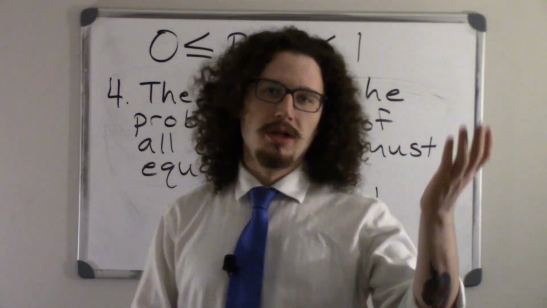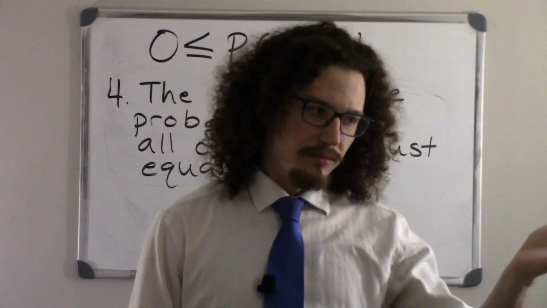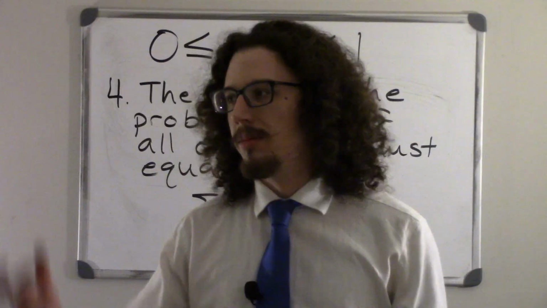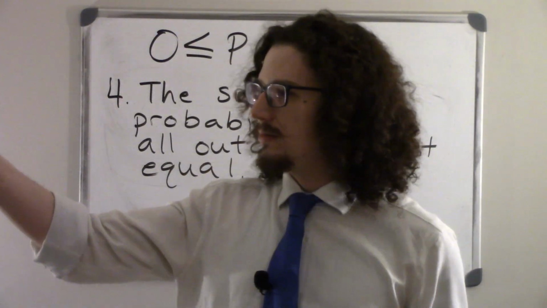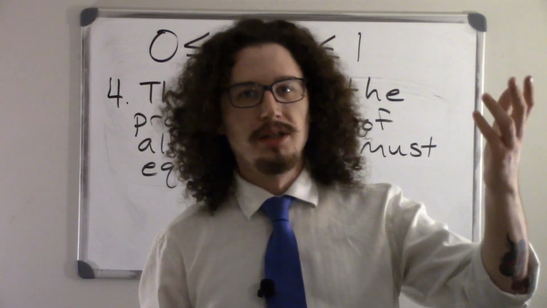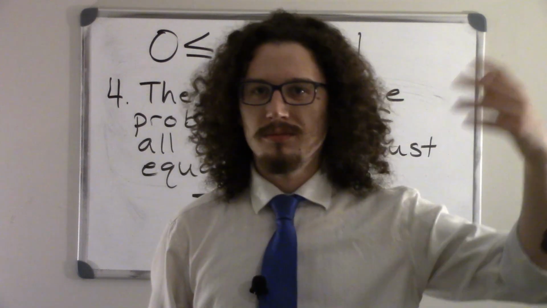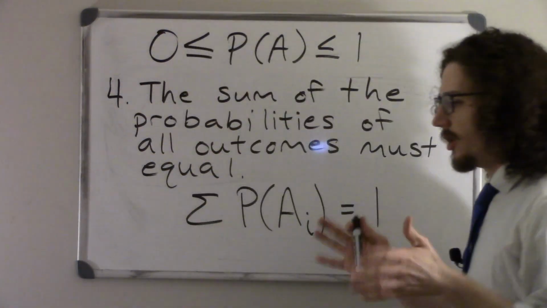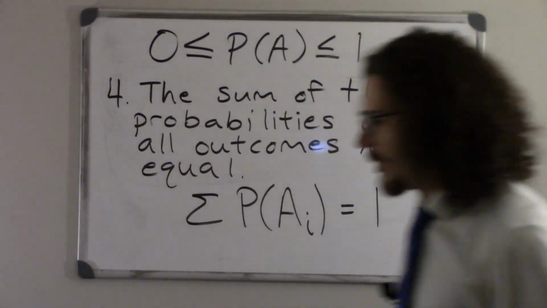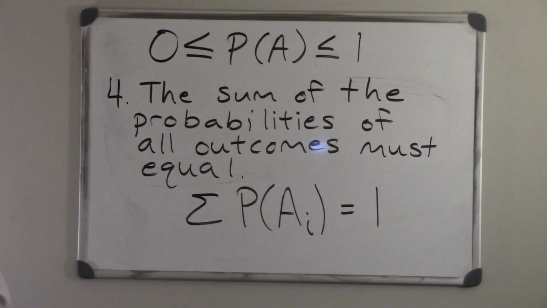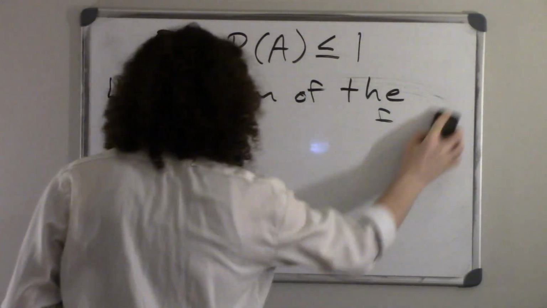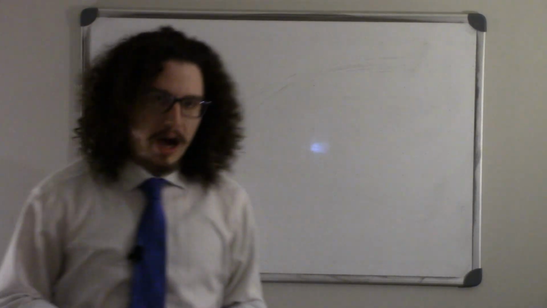It doesn't mean that the probability of getting a heads on a coin flip and the probability that somebody gets into a car accident and the probability that lightning strikes all should add to 1, but just the ones for a particular experiment. All right, so those are the first 4 laws of probability.